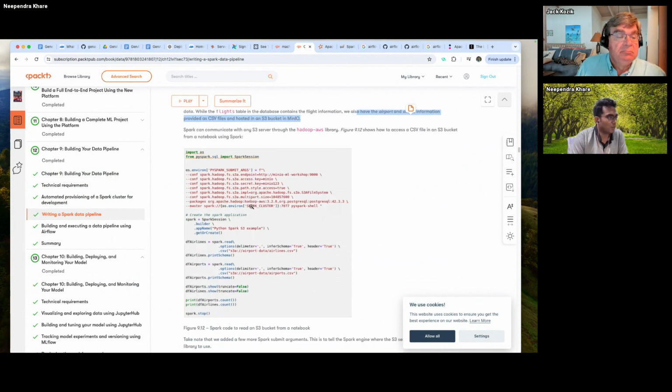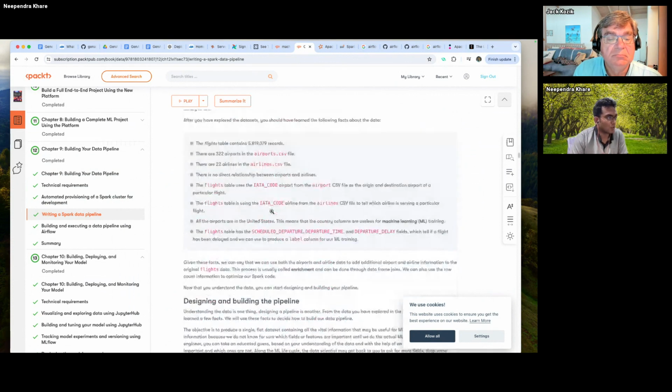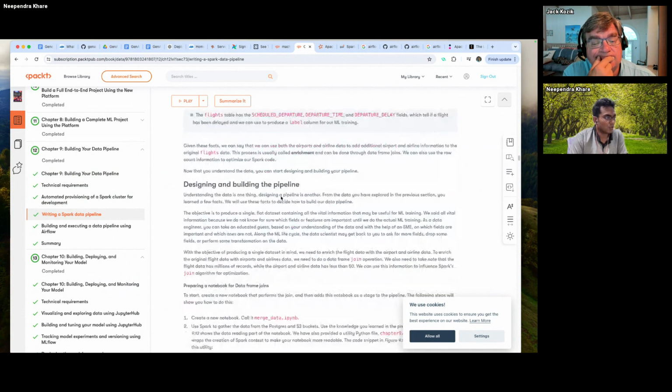So now what we are trying to do here is make another Spark job which can go to the S3 bucket and get the information about the airport and the airline number, whatever is there. So I want to get all of this data. As you can see, this is the flight table, this is the airport, this is the airline number, and all that stuff. I want to merge all of them together